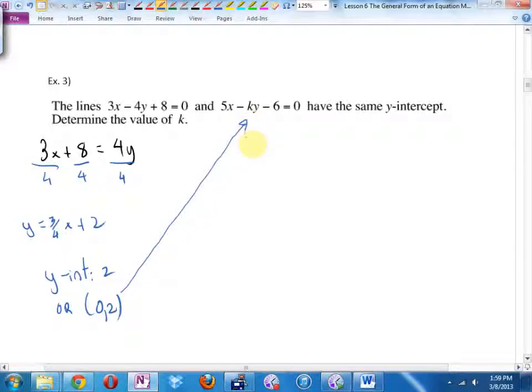This graph has the same y-intercept. What does that mean? That means when x is 0, y equals what? Let's plug that into this equation. Let's rewrite the 5. When x is 0, minus k, y is 2,